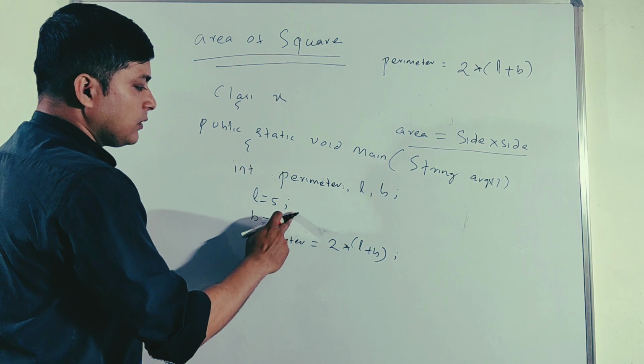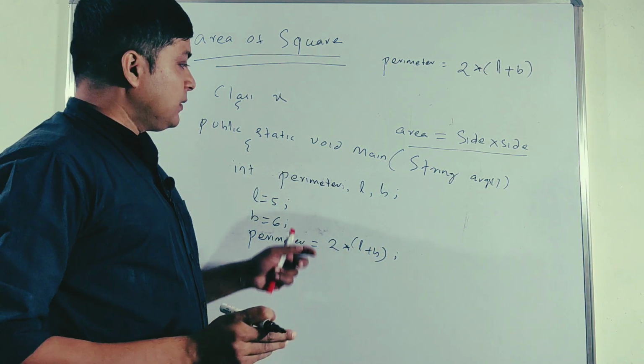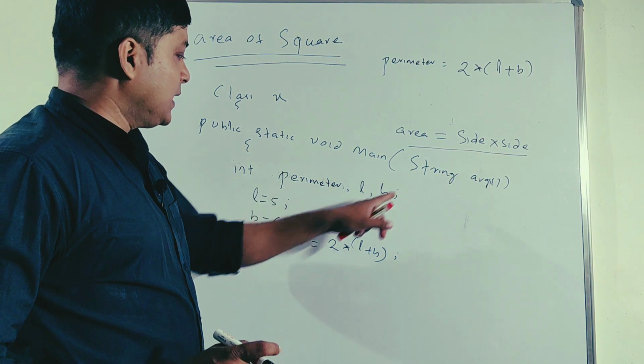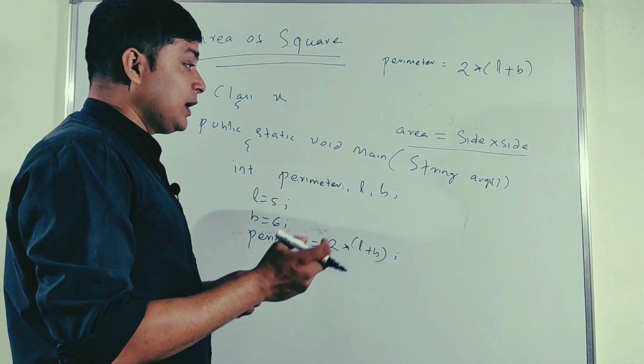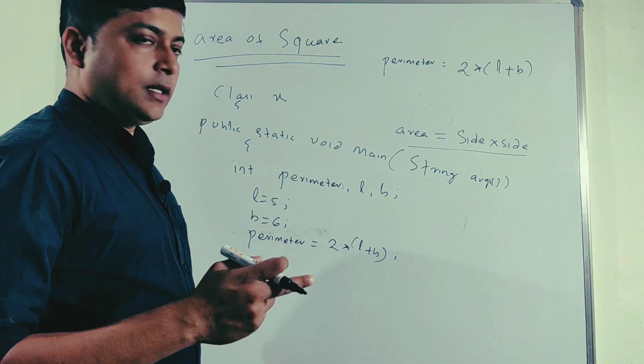Always follow the semicolon. Semicolon is important, and Java is case sensitive. So whichever letter you write, if it is a capital letter, that means capital letter, and if it is a small letter, that is a small letter. Which one to write in small letter and which in capital letter, I will tell in the next video.